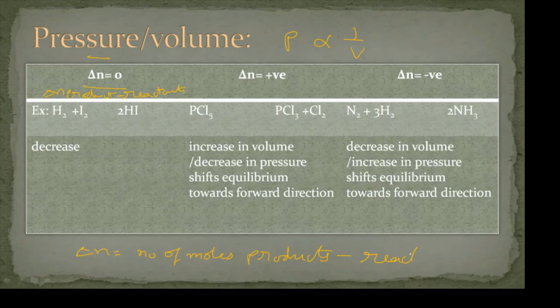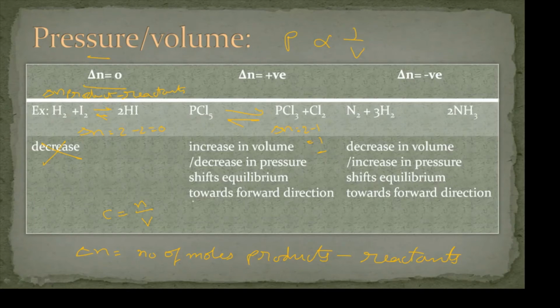In the case of the first reaction, H2 plus I2 gives 2HI, delta N is equal to 2 minus 2, equal to 0, right? This is a very good case actually, because there is no effect of increase in pressure or volume. Coming to the next case, delta N is positive. There is a reaction here. In this reaction, delta N is equal to 2 minus 1, which is 1. So that is positive, right? Please try to remember one point here. We know that concentration, that is molarity, is equal to number of moles by volume.